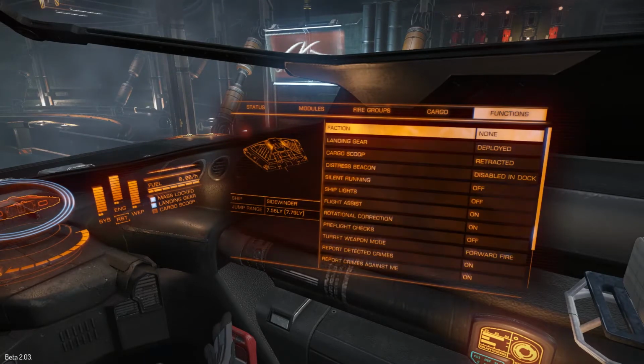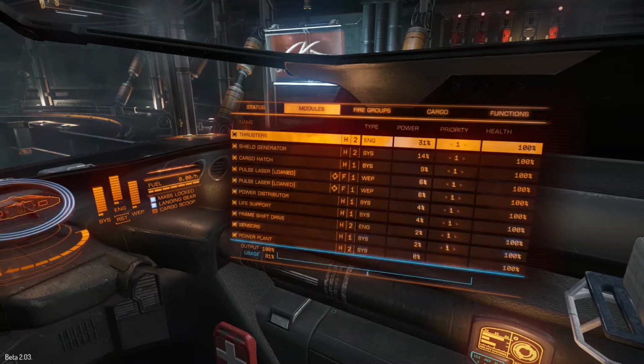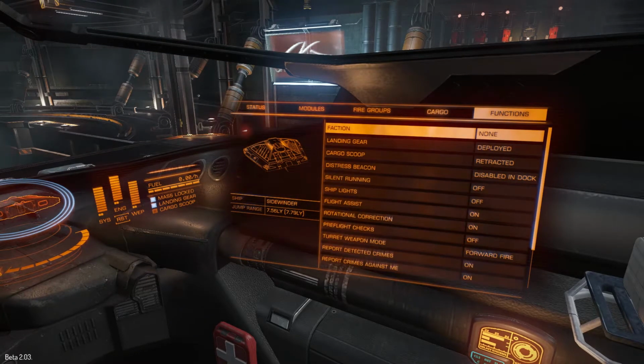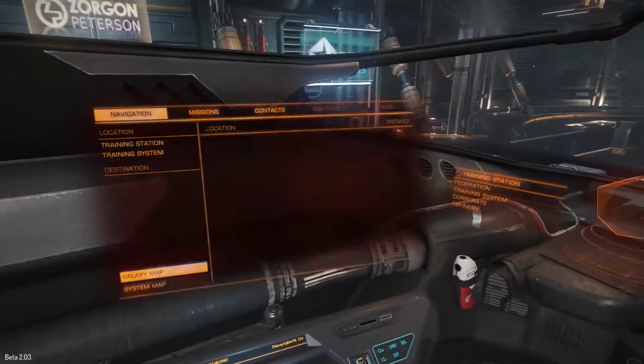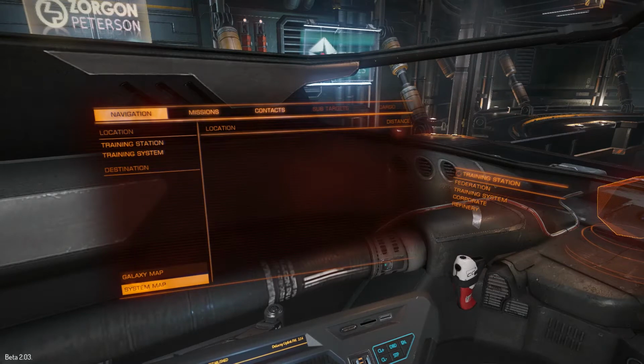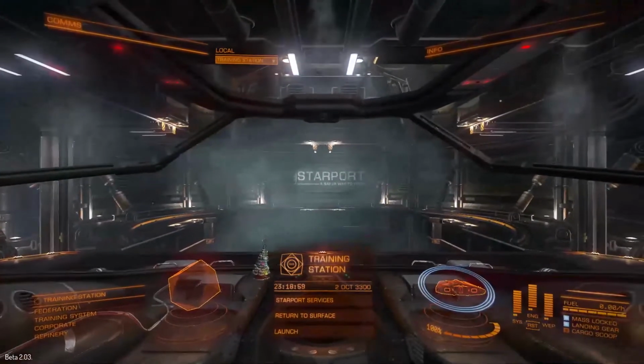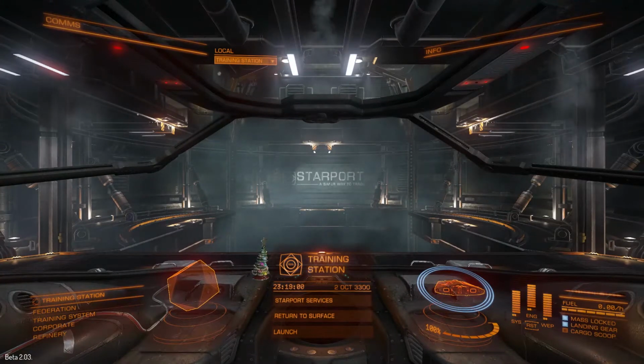There we go. The modules menu has been redone. Fire groups, cargo, functions, you name it, they redid it. Same thing over here. Your navigation is better. There's actually a system map now, as you can see. Contacts is about the same. I can't look at the other ones right now. We're going to also take a look at